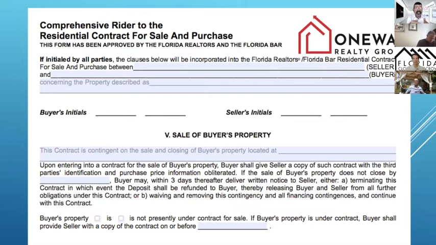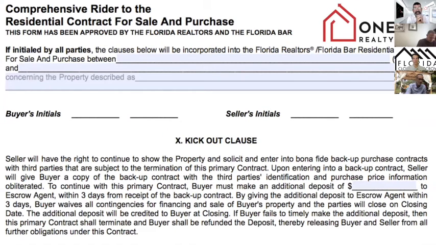Then we know we are in the process of closing the buyer's property, and then we're going to close the one that he's buying. That is the best case scenario, which was my case. The buyer's property was already under contract in New York, and I presented this addendum. And they came back with this other addendum that is a kick-out clause. And what this kick-out clause means is this. They were asking an extra $5,000